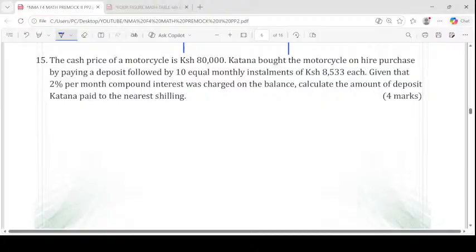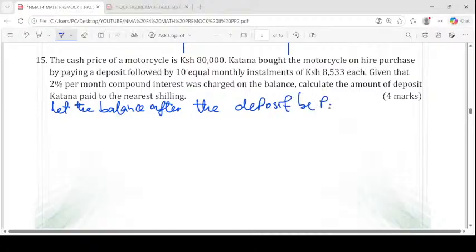So, what we have to do here, we can say, let the balance after the deposit be P. This is the amount that remained after someone made the deposit. Then we do have the compound interest formula. The compound interest formula is usually